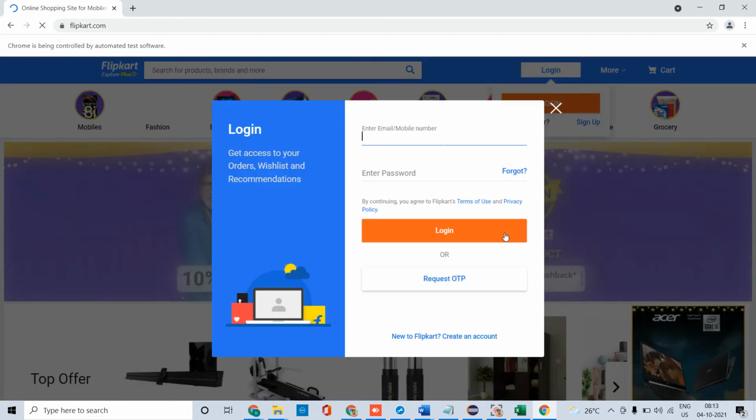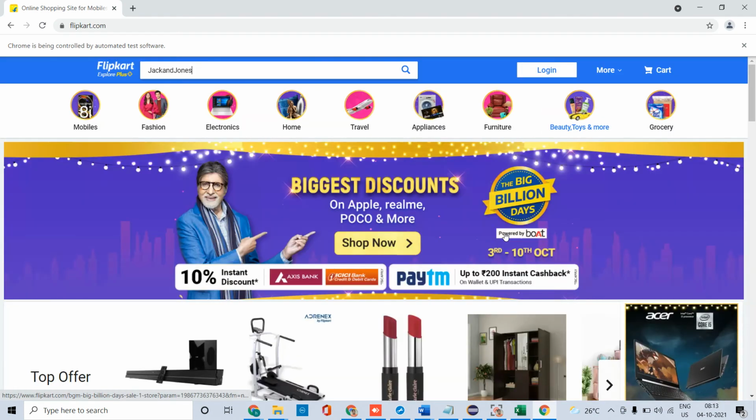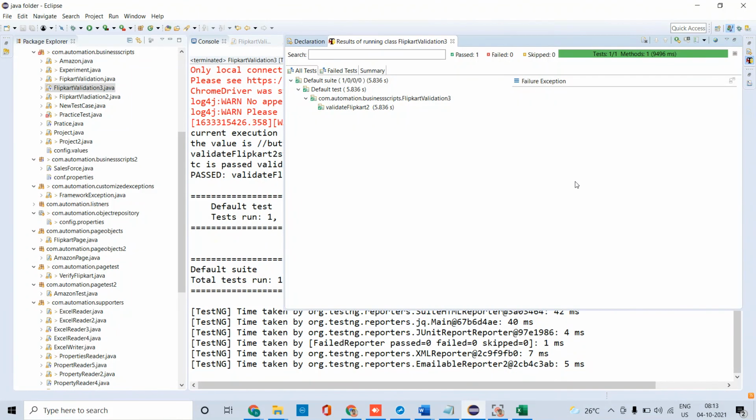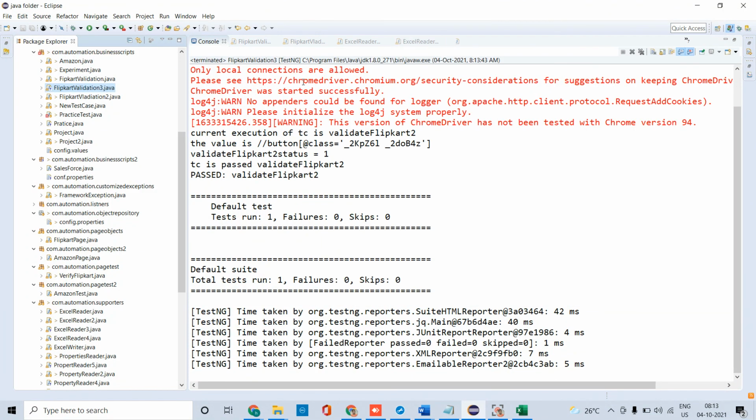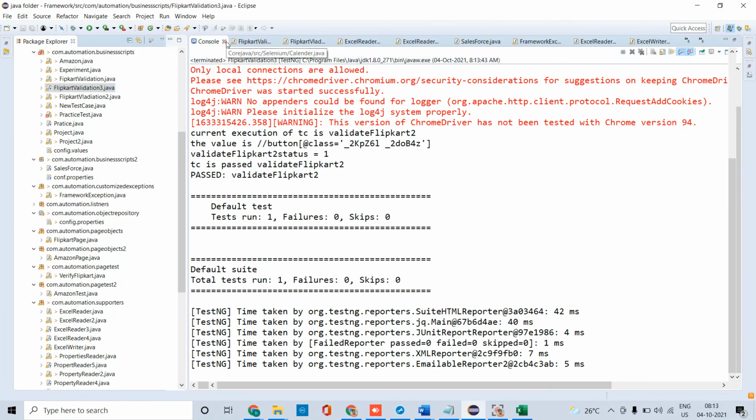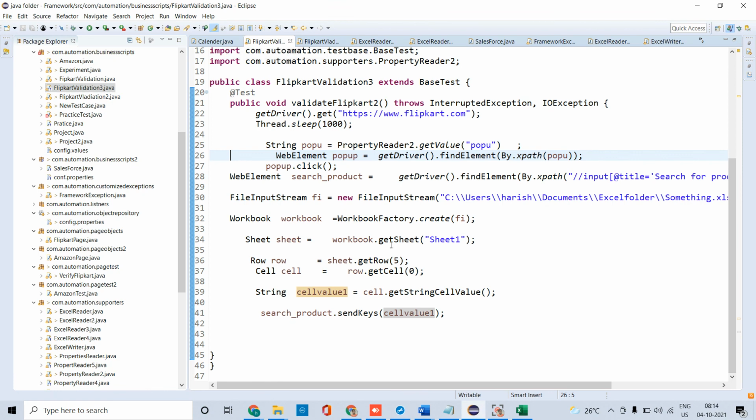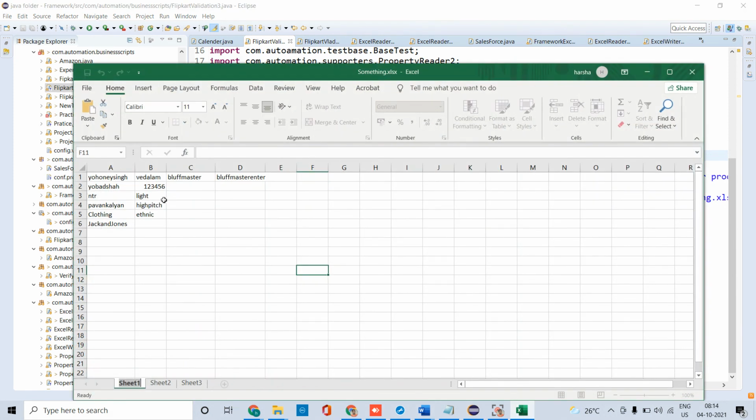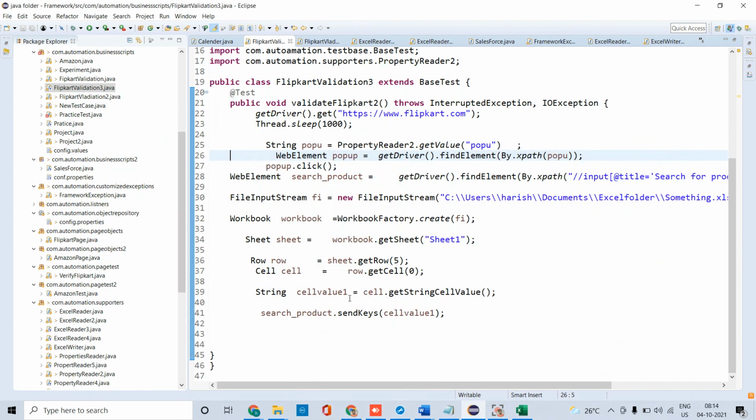So for the script, I am giving the test data through the script. So now the pop-up will come and so it is working fine. Whatever data I have taken from the Excel test data, I'm supplying through the script. That is the main intention of data-driven testing. For that purpose, we are taking Apache POI and getting the data by connecting through the Excel. After that, getting the row, and this is the main intention. I will take the test data here. Then I will supply this to the script. That is the main intention of data-driven testing.